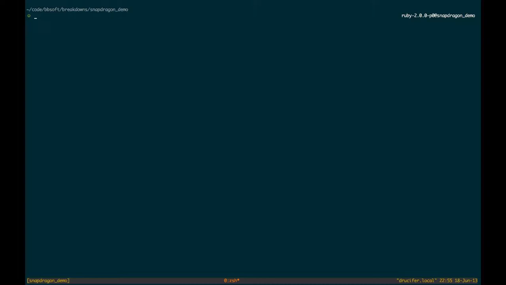So you've already got the gem installed right now, don't you? I do, yeah. It's as simple as doing gem install Snapdragon. And Snapdragon, of course, is the name of the tool. It's basically modeled after the RSpec command line interface, and it allows you to run Jasmine specs in a similar fashion. So now that we have Snapdragon installed,